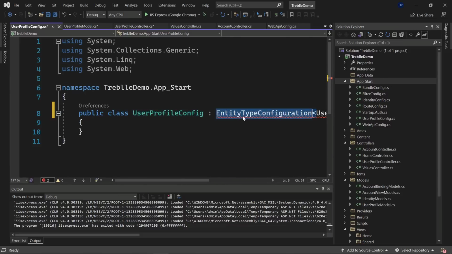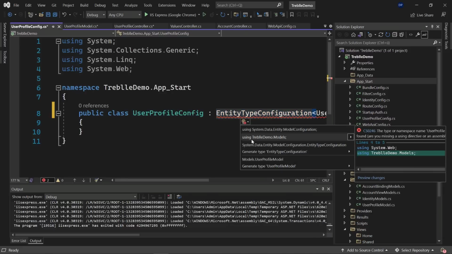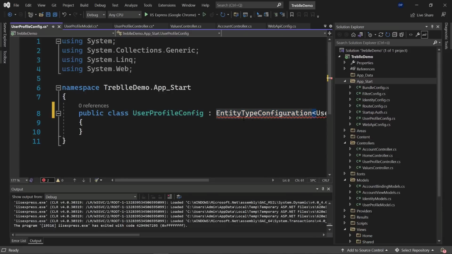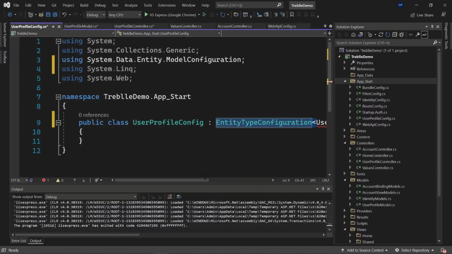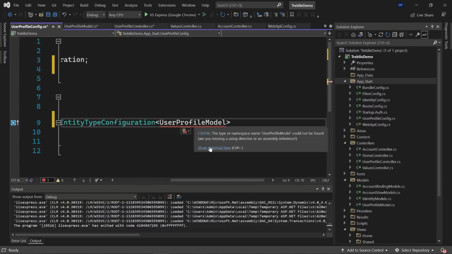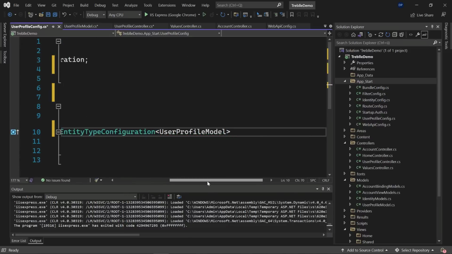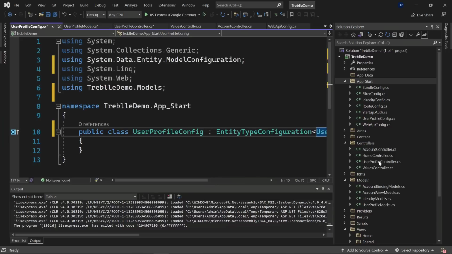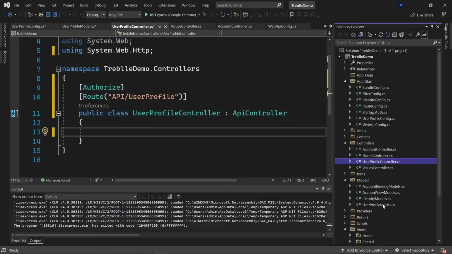So we are basically using the EntityTypeConfiguration, and we need to import that. So let's add this. Okay, and then we need to also import our UserProfileModel, which is our own user profile model,